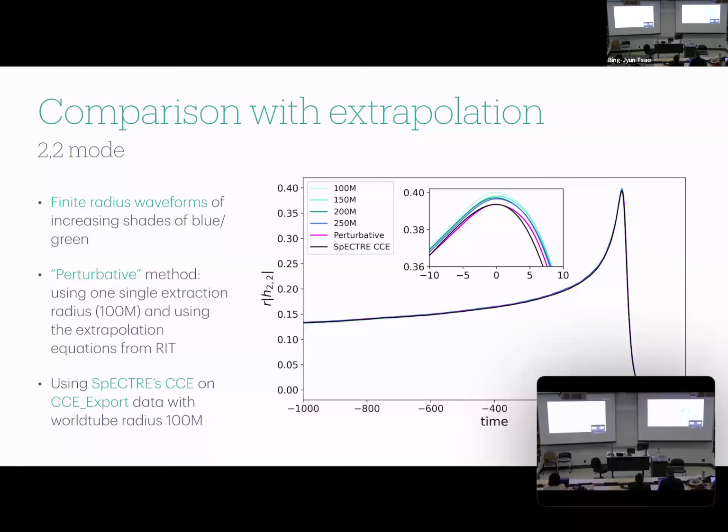And then in black is what I get after feeding it through the SpECTRE CCE waveform code. In both the perturbative and the SpECTRE CCE case in this simulation, I'm using the r = 100 radius as my initial world tube radius. But what's great is you see pretty solid agreement. The perturbative definitely looks slightly different than the SpECTRE CCE evolution, but at least qualitatively, they align pretty close.